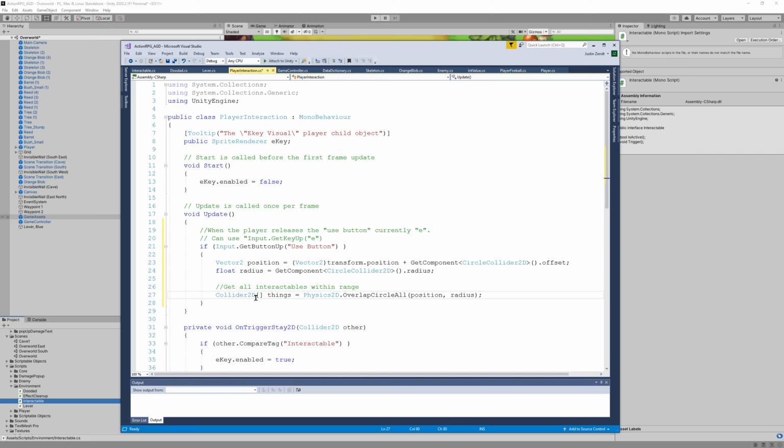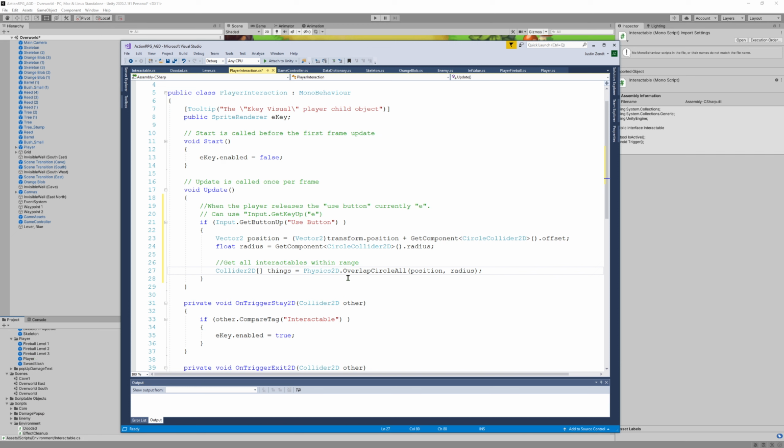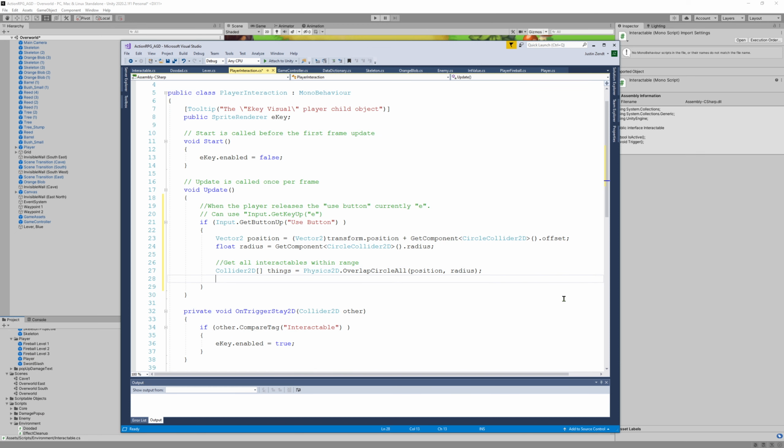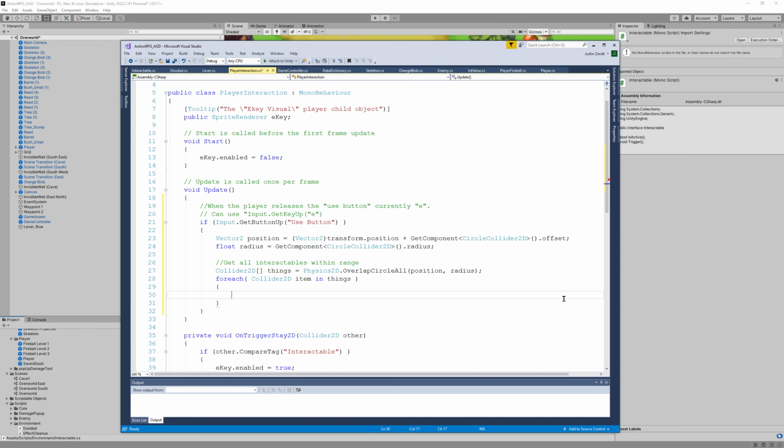So it's going to get an array of all the different colliders within this radius, and that's based off the center of the player, but adjusted for that collider. Now, it could be worth considering maybe I needed to just slide that down in the player prefab, but it's going to be fine how it is. Anyway, so we get our list of things, and we will foreach through all of them. For each Collider2D item in things, if that item is an interactable,